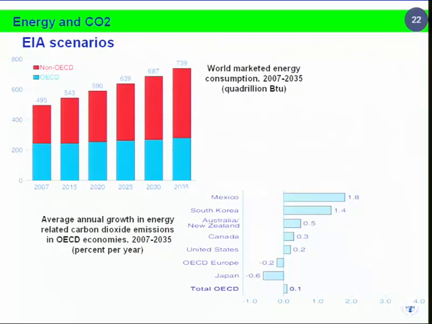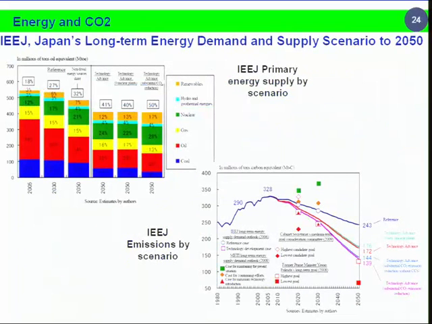And then the EIA, the U.S. Energy Information Administration, also gives very good views of the future every year. And the Japanese Energy Economics Institute also gave us a lot of good, insightful information about